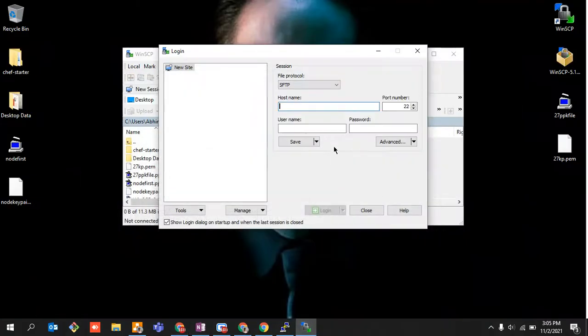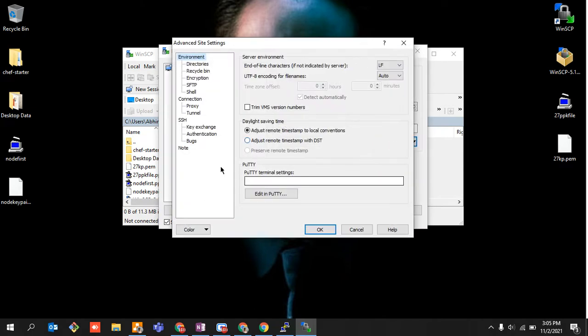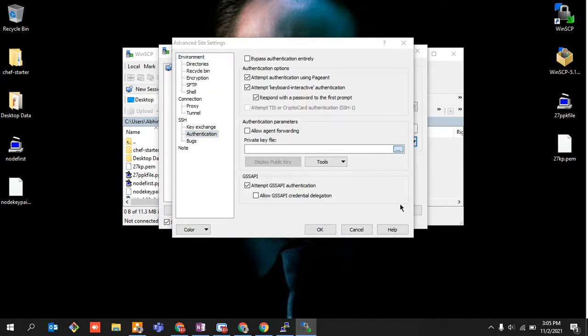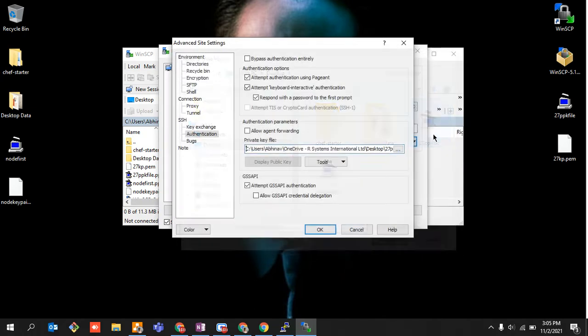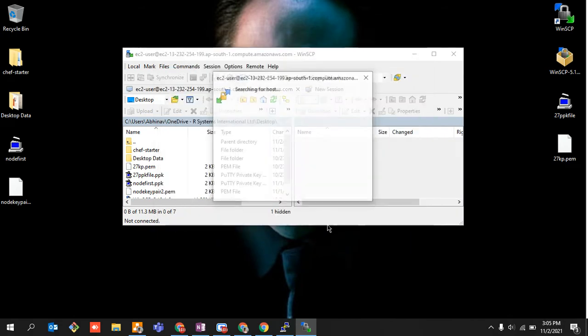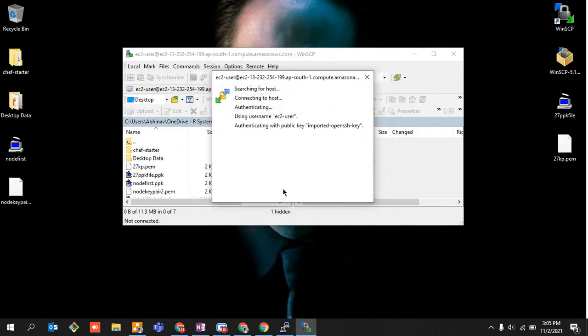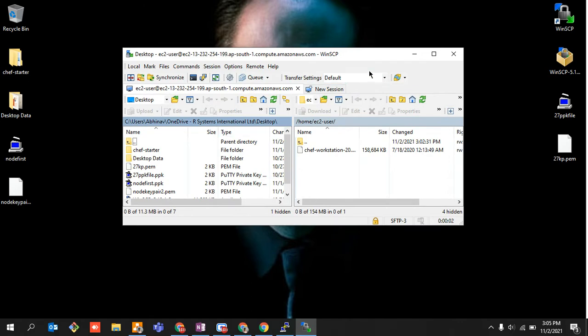You need to copy it, paste it over here, type EC2-user, go to advanced, go to authentication, browse it, private key, okay, login, yes.